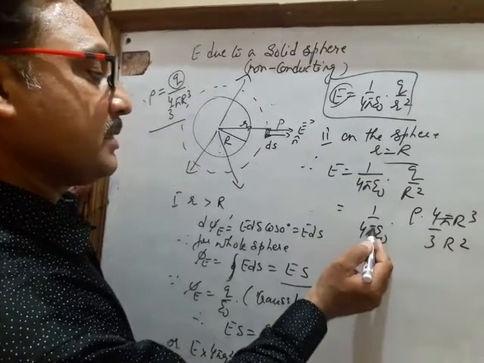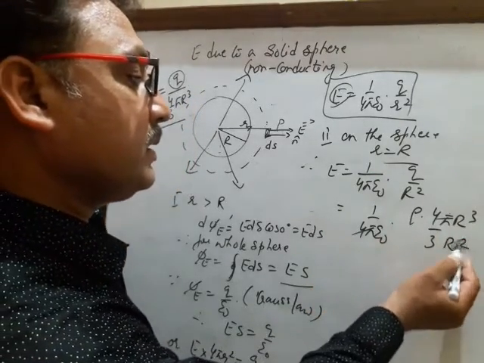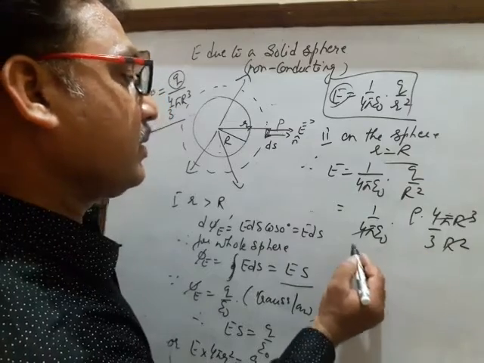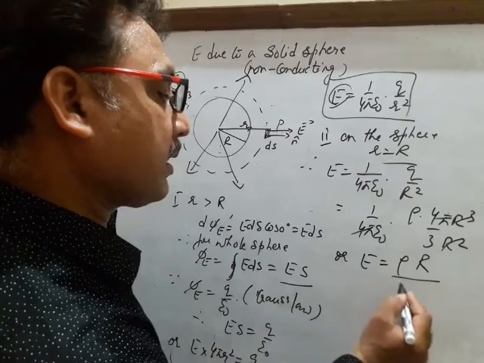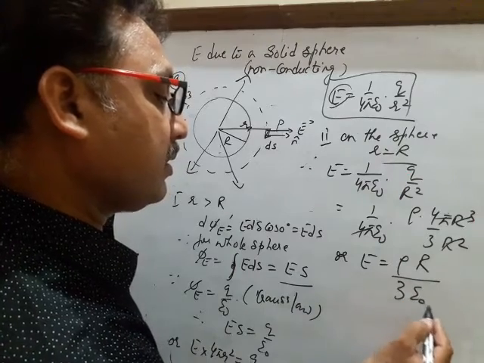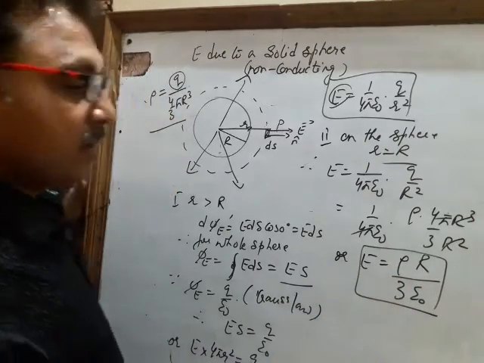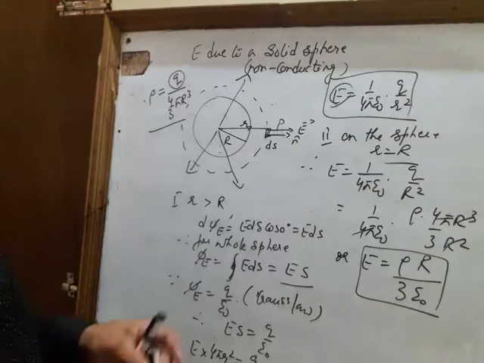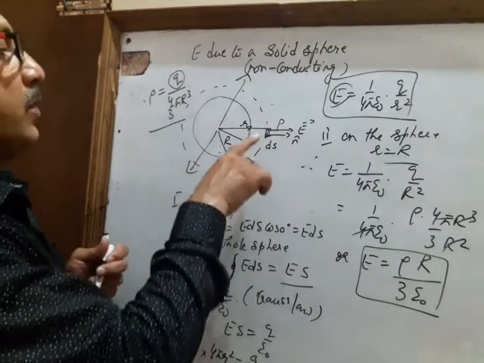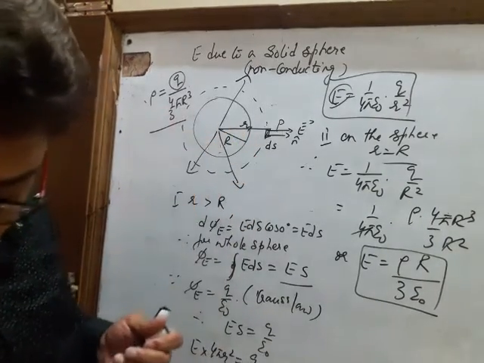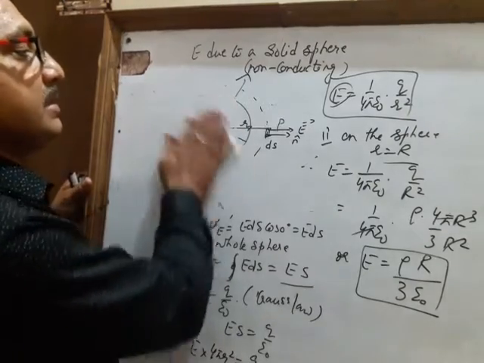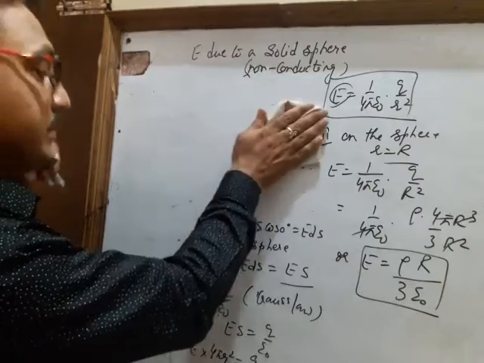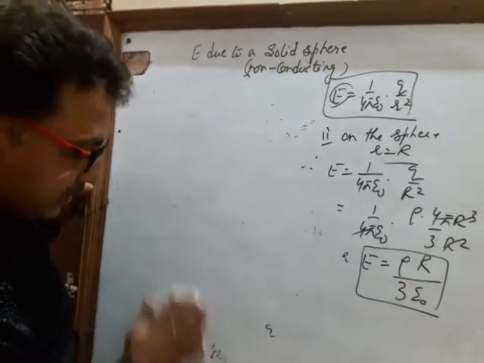So 4 pi cancels out, one R square cancels out, or E equal to rho into capital R upon 3 epsilon naught. This is the formula for field intensity when the point lies on the surface of the sphere. So students, these are the two cases, and now we come to one case which is different and important also,